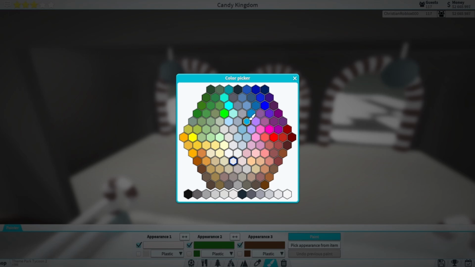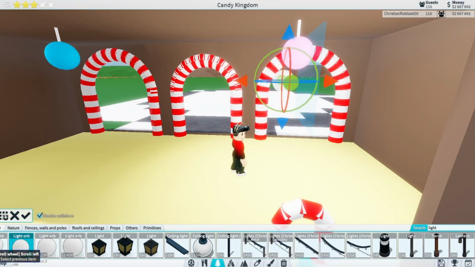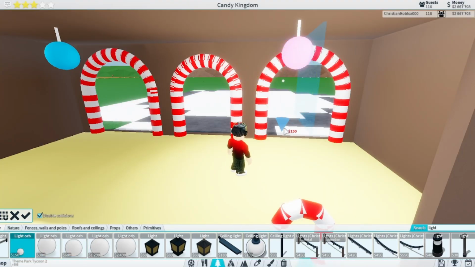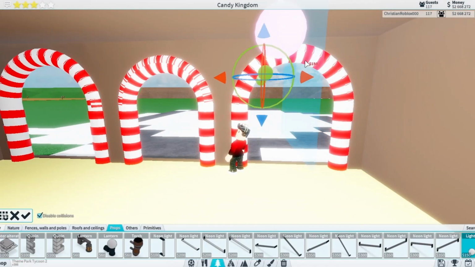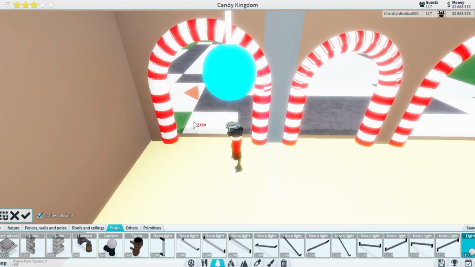One of them is going to be blue like that, and then the other one is going to be pink like this. So I'm going to grab just a small light orb, like one of these tiny ones, and then I'm going to take this light orb and just put it inside of this gumball. And now we're going to do the same exact thing for the other gumball right here,